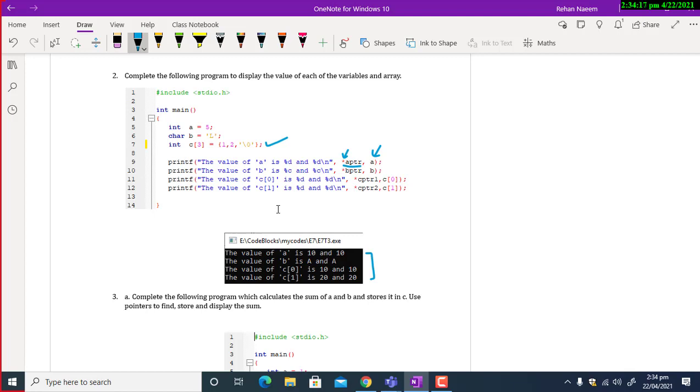You can use both of them to print the value of A. Similarly, you can use the dereferencing operator with a pointer or simply the name of the variable to print the value of variable B. Similar is the story for array C, and the program is incomplete and you have to complete it using the concept of pointer.